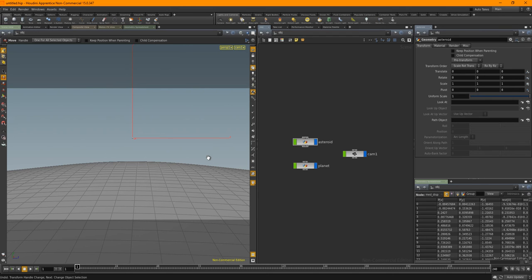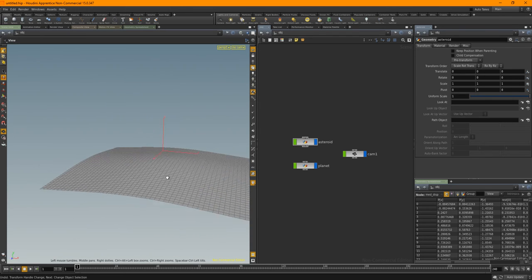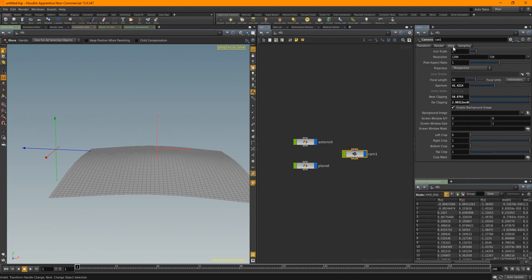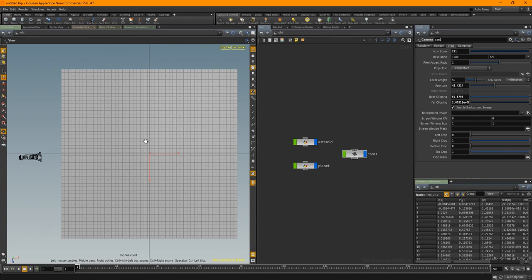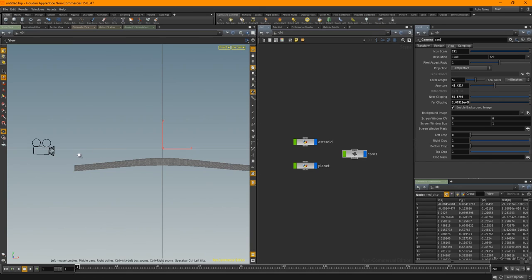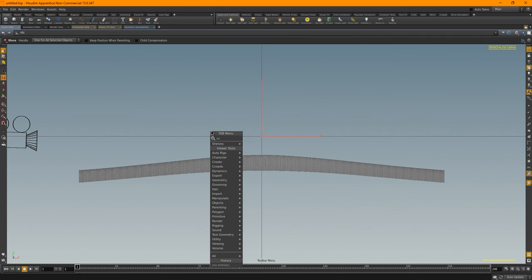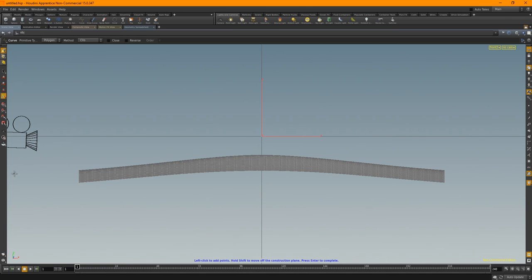So back into the perspective viewport, and a camera is a little dot there. I'm going to go to view, and I'm going to increase the scale on this because I want to be able to see it from afar, so I know where my camera is located. And let's go space 2, space 3 into the front here, and let's maximize this screen. Let's add a curve. Okay, why am I adding a curve? You shall see in a minute. So I'm just going to pop one there, one there, and I hit enter.